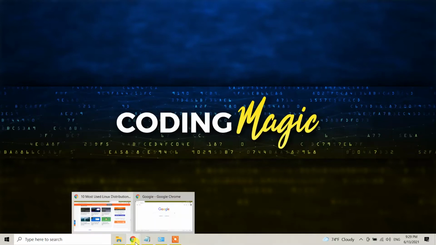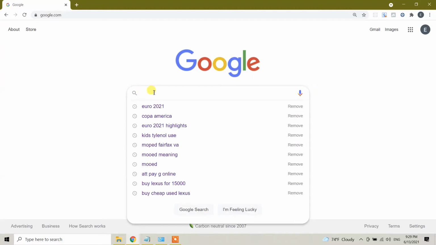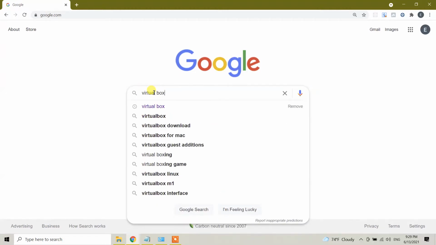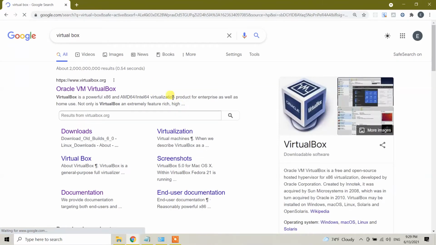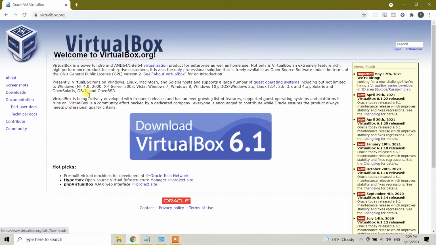So first, go to Google.com, and in Google, just search for VirtualBox. In the search results, you will see www.virtualbox.org. This is the official website to download and install Oracle VM VirtualBox from. This is from Oracle. And then click on the first link, and here this is the official website,